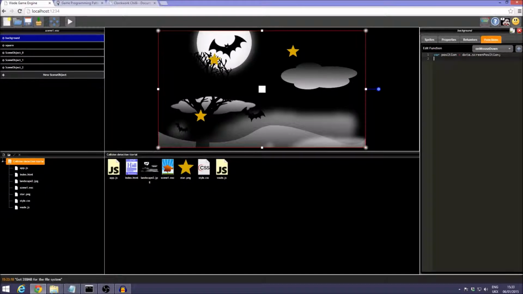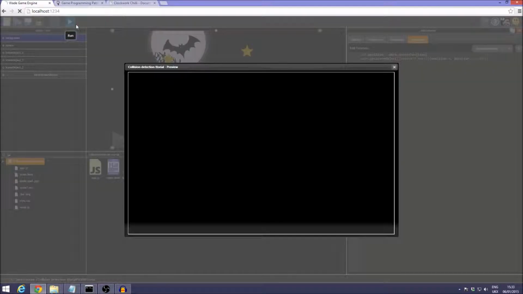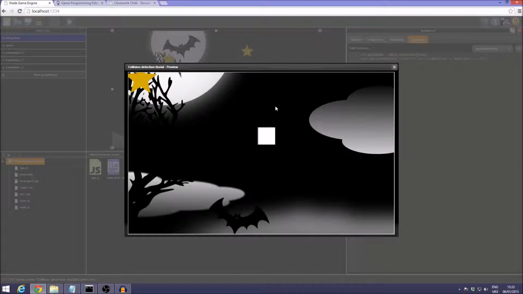So all we have to do is write Wade.getSceneObject, the name of our square, which is just square, and then moveTo, and then we put in our coordinates. So position.x, position.y. I'll just make this a bit bigger so it's easier for you to see. And then a speed, and we're just going to go with 200. So if I save that and then run the project, when I click on the background, we see the square